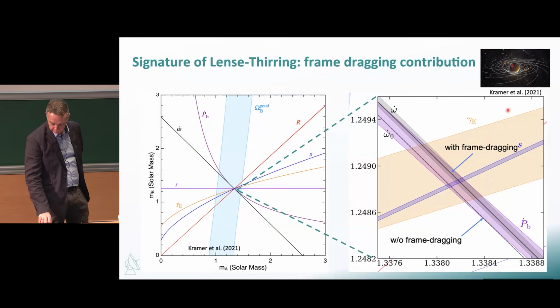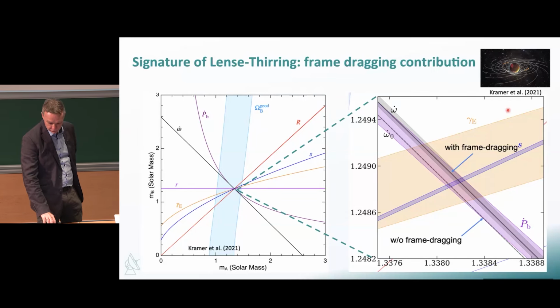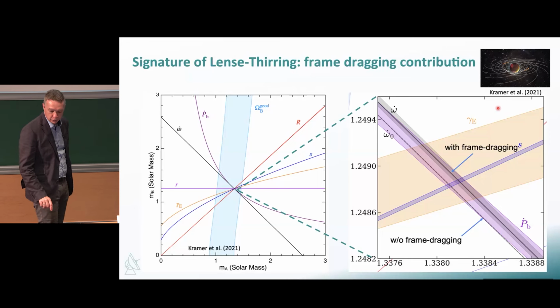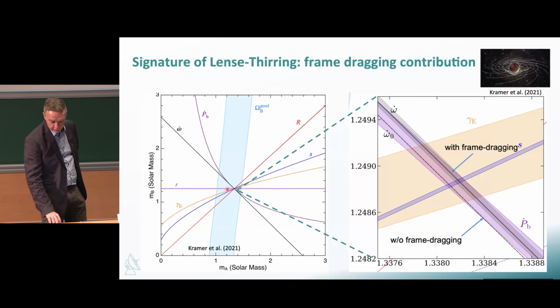So sine I derivative of that is cosine, so you don't see much when it's 90 degrees. But there's another contribution, which is to the observed periastron advance. So what I've done here, we zoom into this very intersection point. This is a very blown up version. We just show you the gamma parameter, the Shapiro delay parameter. You see the relative accuracy. You see for the first time that there are actually strips of plus minus 1 sigma. And you see the width of the PB dot measurement, and you see this really tiny, small, super precise periastron